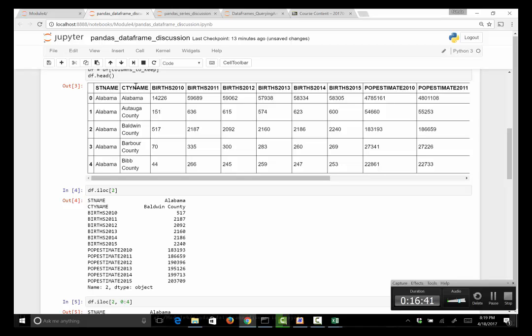So while this is 0, 1, 2, 3, 4, as far as the labels are concerned, the 0th label is st name, and if I want to go 1, 2, 3, 4, the fourth one is births 2011, and as far as I know, it's case sensitive, so I have to give it exactly as is in the column label. So if I run this now,